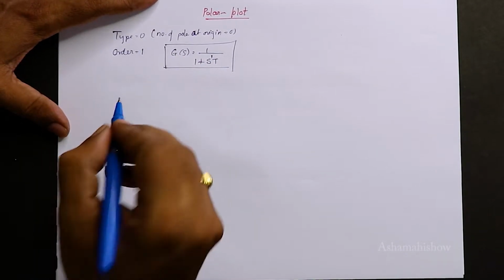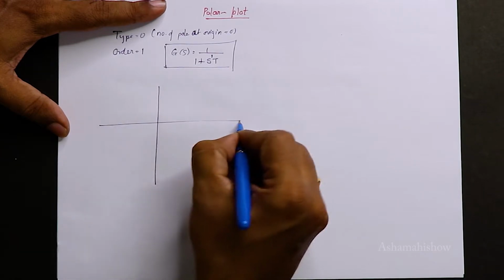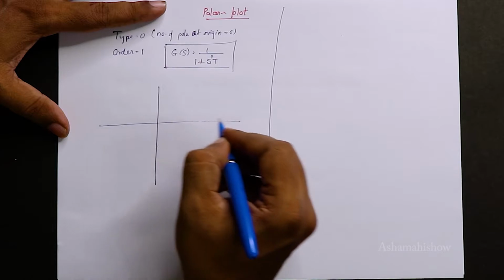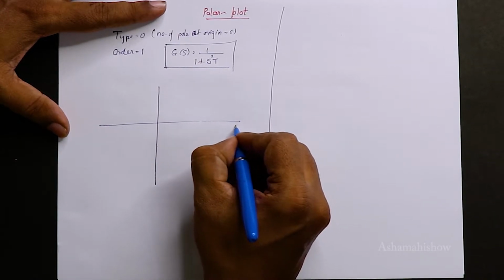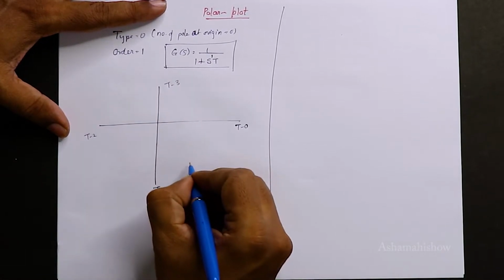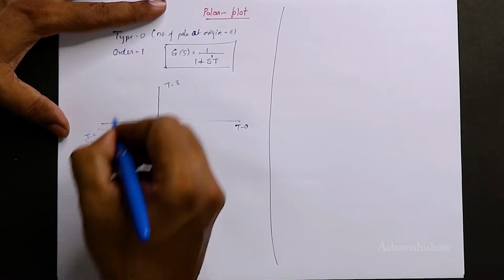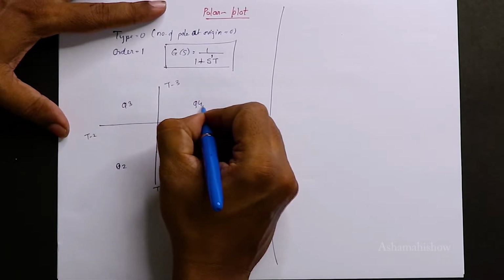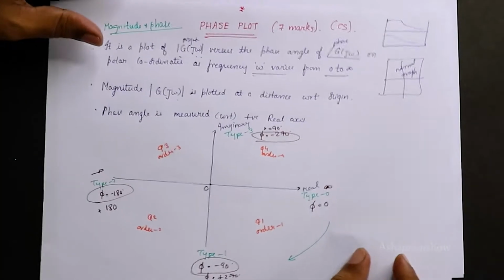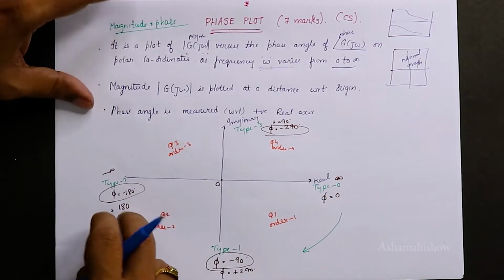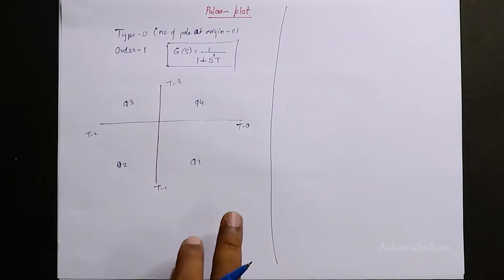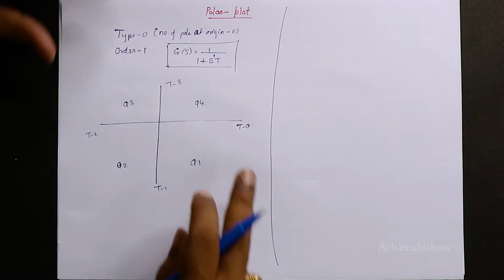Like this. Now let me divide the page. I'll be taking the first one as it is. This is type 0, this is type 1, type 2, type 3 as I have taken, and this is quadrant 1, quadrant 2, quadrant 3, quadrant 4. Now I have already told you from this page about type 0, type 1, type 2. Now all the quadrants are taken as orders, and this is type 0.